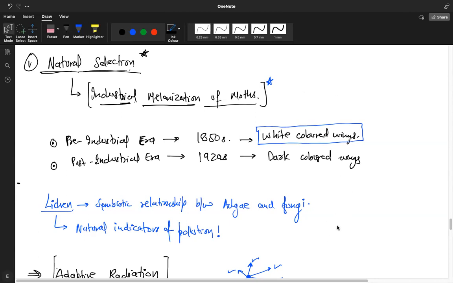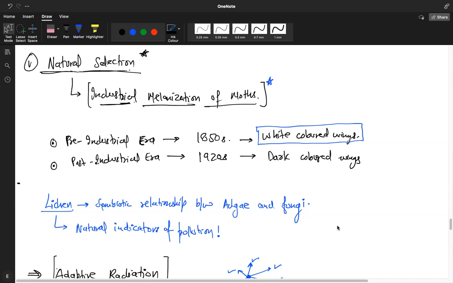Then we talked about industrial melanization of moths. I'm just telling you how these skills will also help you when you are presenting in class. If you talked about artificial selection, then you can say that if humans can do that with breeds, which is very close to making new species, can't nature do it in millions of years? So there we also learned that natural selection is also a thing. And there you can talk about species. Okay, anyways, yes, continue. All right, sir.